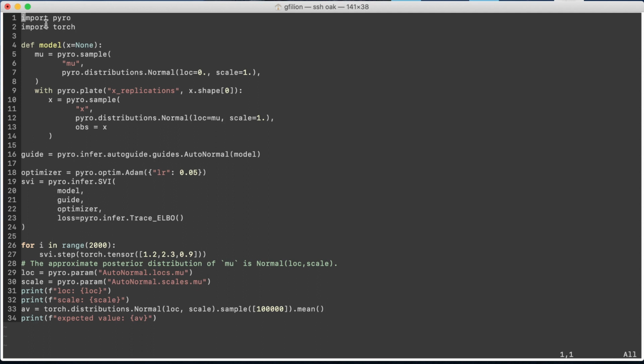The model is exactly the same as in the previous example, but you can see that the guide now consists of just one line. So it's important to realize that Pyro offers you the possibility of writing the guides for you. Remember, the guides are the approximations to the posterior distribution. And Pyro offers that it will automatically approximate the posterior distribution with just a family of variables that you like. So for instance, we can say that we want to approximate every latent variable in the model with a Gaussian distribution. The way to do this is to say guide equals